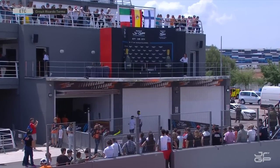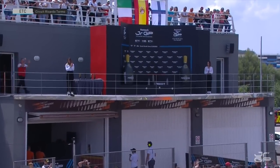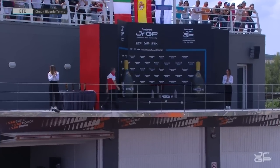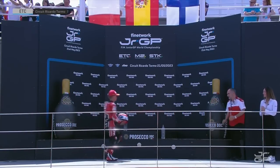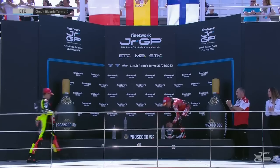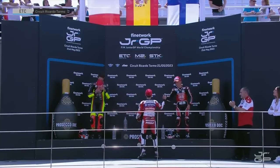So, back with your live pictures here. Max Quiles, that was fantastic. The Aspar Junior team with an 8.9 second advantage come the end. And you've got to imagine that he rolled off in the last few laps. Unbelievable. Second for Guido Pini, third for Rico Salmela, but they had no answer in race 1 for Quiles, who's back on the top step